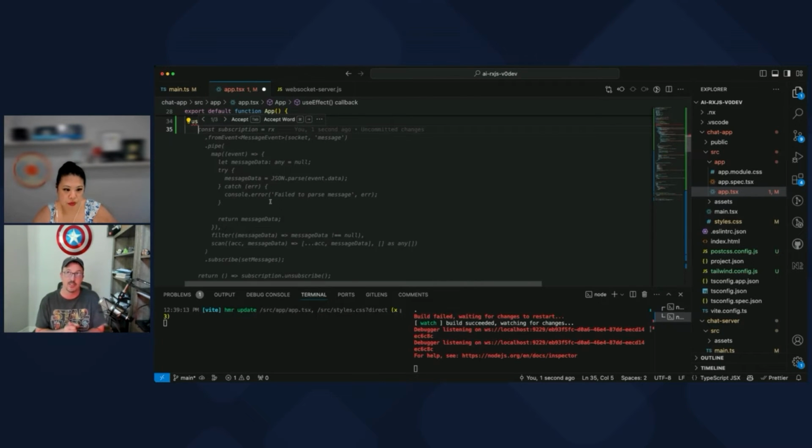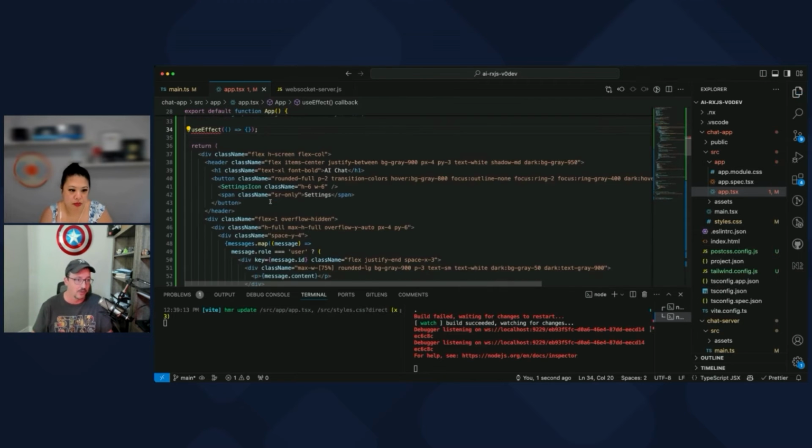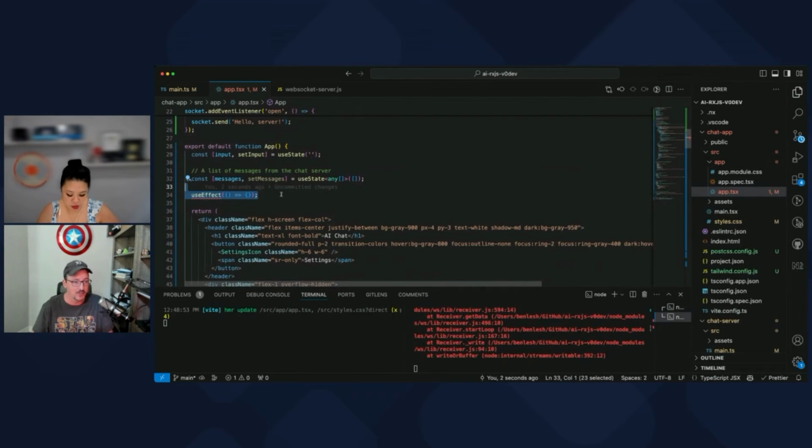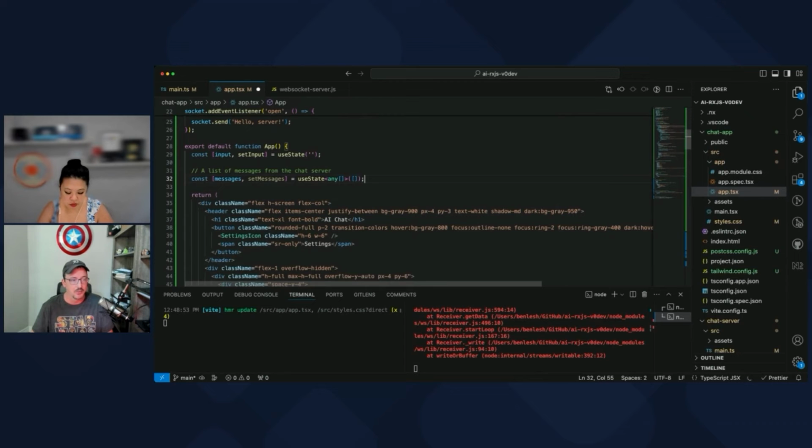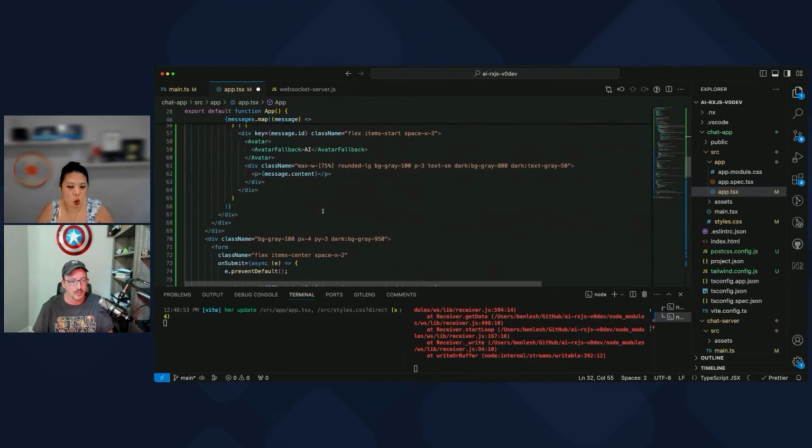Or send additional input. So now you've got this whole event coordination problem where you don't want the user to send multiple messages to the server while the server's still sending you things. Anyone that's used ChatGPT knows that you can't send your message until it's done sending its thing, unless you want to interrupt it, right? So we're going to have to make sure to do something like that. So putting it in useEffect is probably the wrong choice.